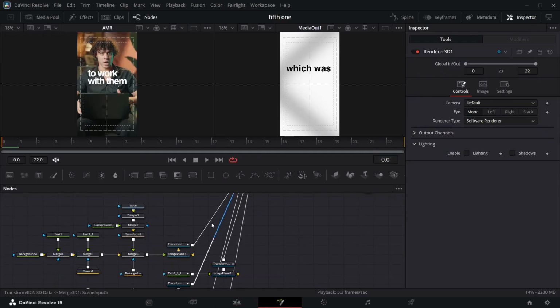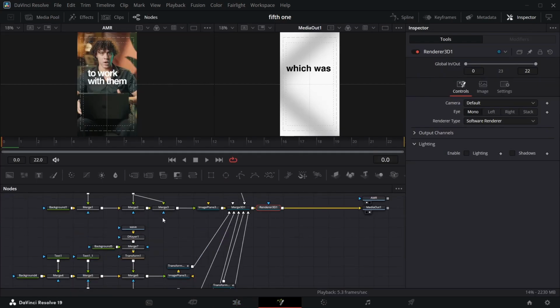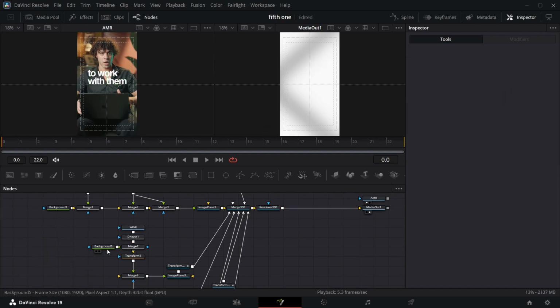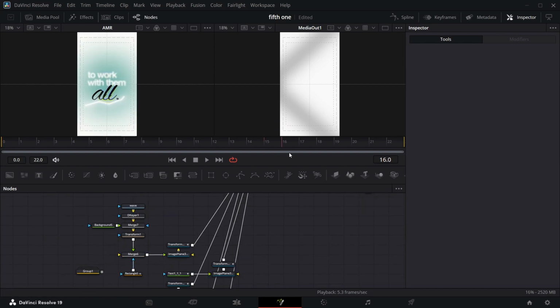In the fusion page, I'm going to delete every single node except this wave. You get me? Why am I not deleting that one? Because if you look at it, the animation of the waveform starts from here. It starts here, and